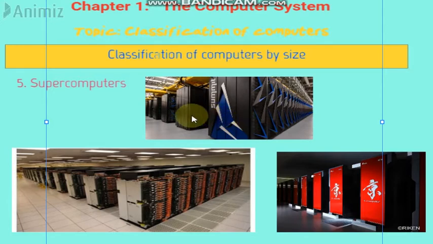Just like normal computers, they can do thousands of instructions per second. They can process a lot of information at one time because they're huge. They have a huge memory in them. Government organizations and large industries use them for work that requires a lot of numeric calculations, such as weather forecasting. And all these huge organizations where there's a lot of data to process on a daily basis, banks or